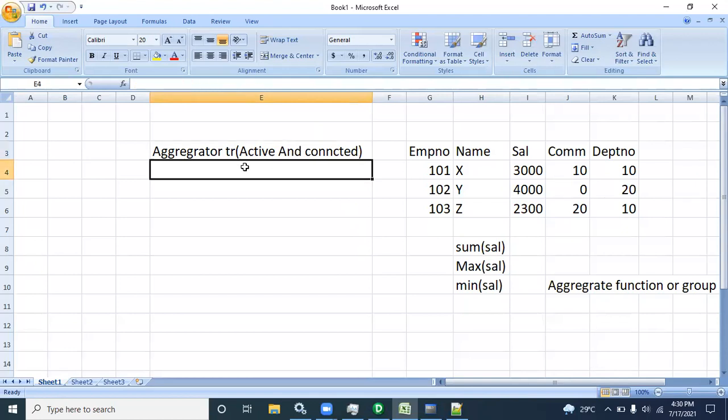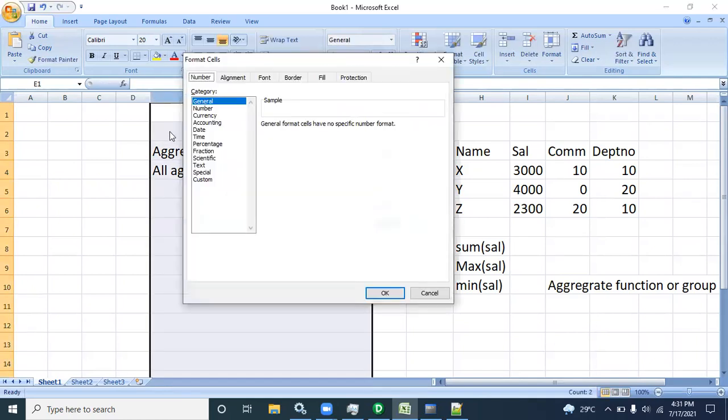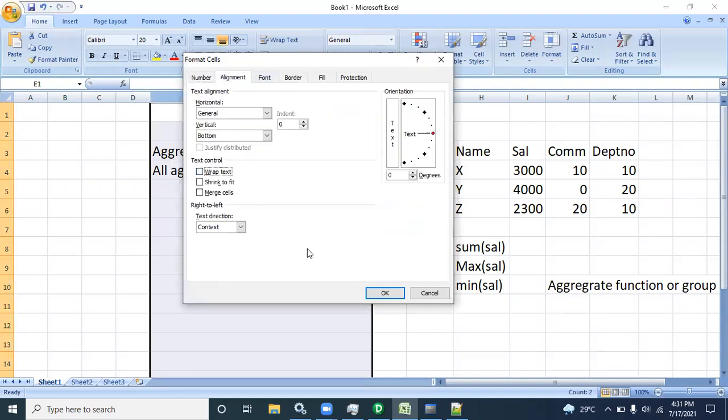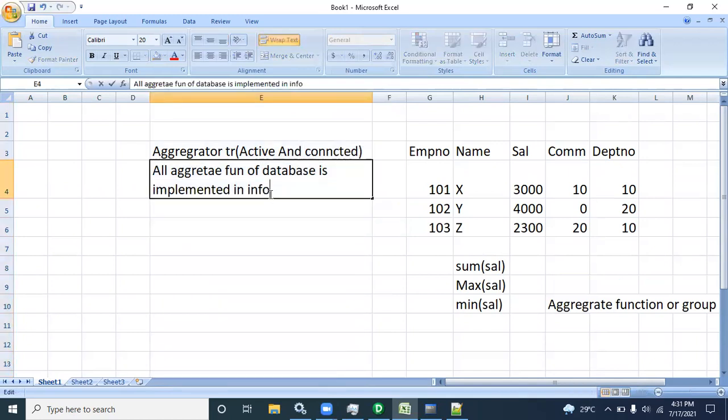That means all aggregate functions of the database are implemented in Informatica by the aggregator transformation.